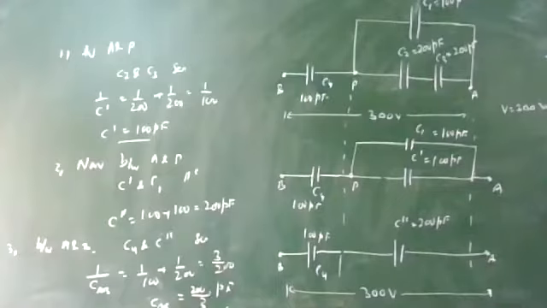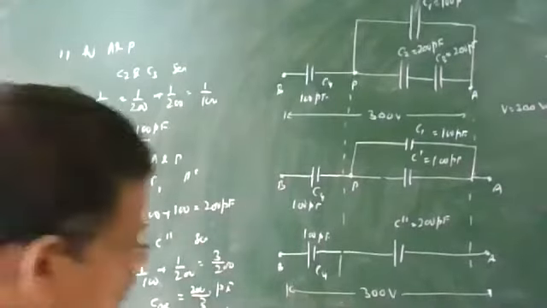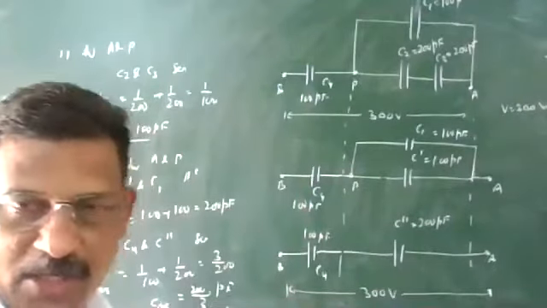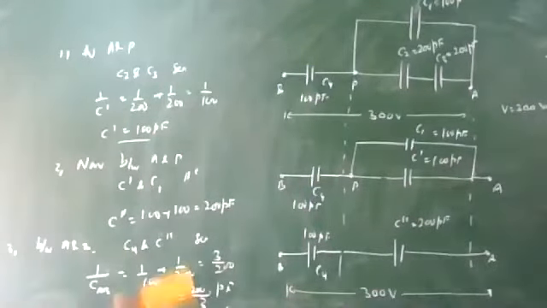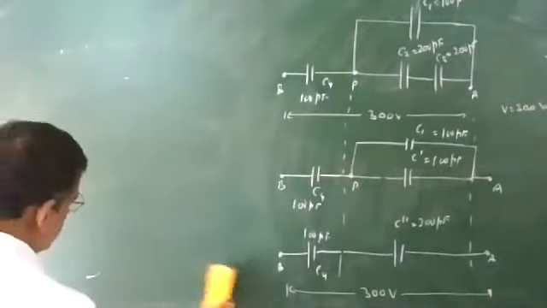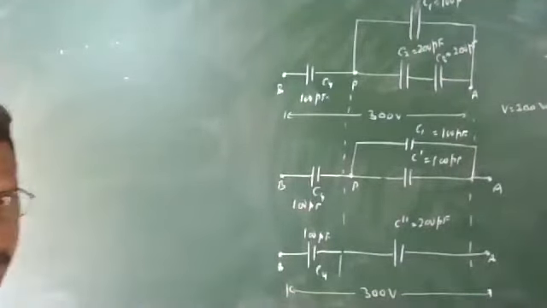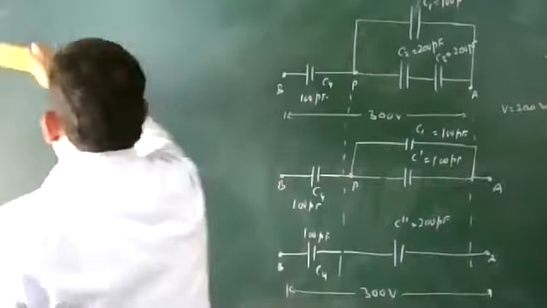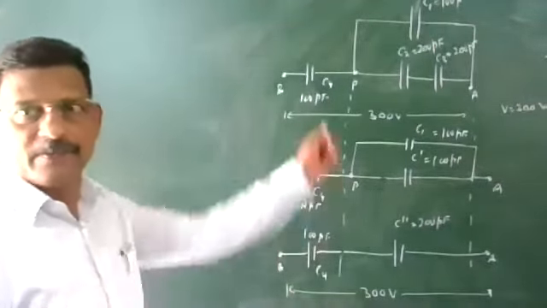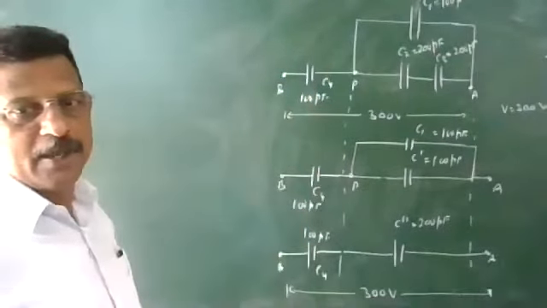So the equivalent capacitance part I am going to remove. Now we find out what is the charge on each capacitor. For that, we have to start from the last diagram. Then only you can calculate this point. So the equivalent capacitance part is completed. It is very important to learn this numerical, then practice the others. One more numerical is there, practice that one too. Okay, so next one.